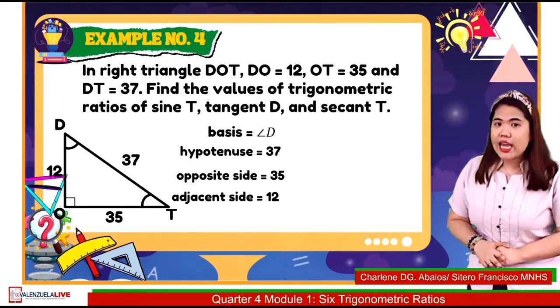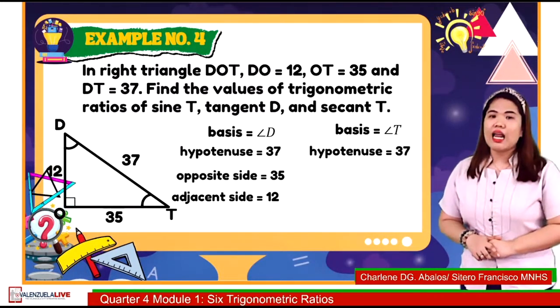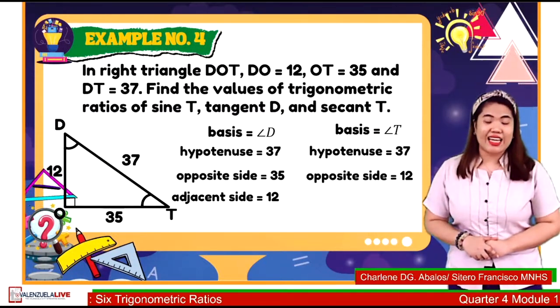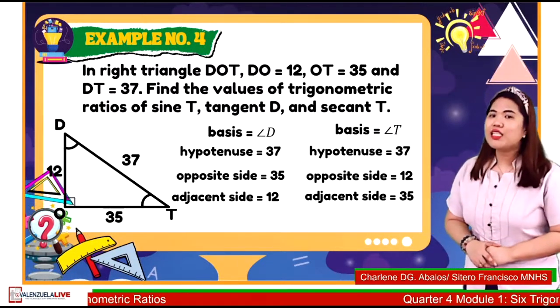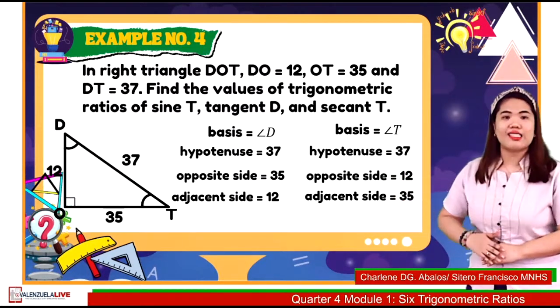With respect to T, the length of the hypotenuse is 37, the length of the opposite side is 12, and the length of the adjacent side is 35. Using these given lengths with respect to D and T, let's now answer